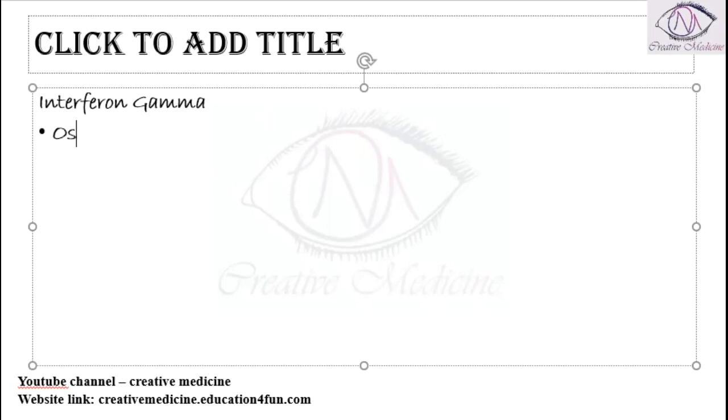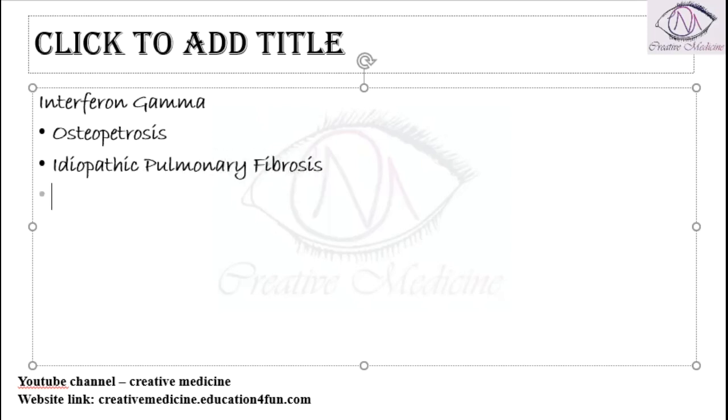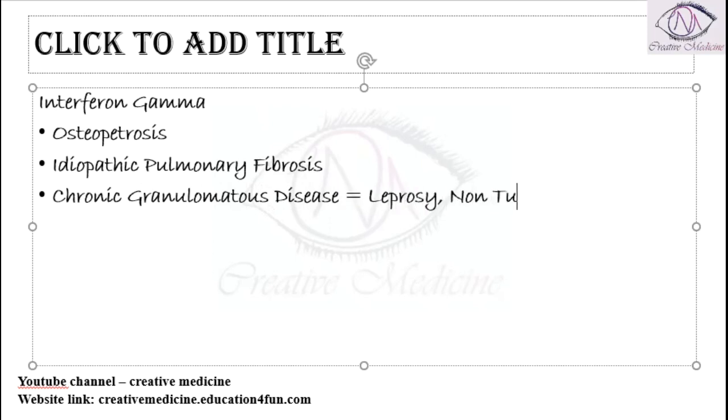Interferon gamma is used in osteopetrosis, or it can be used in idiopathic pulmonary fibrosis, or it can be used in chronic granulomatous diseases, like it is used in leprosy, or it can be used in